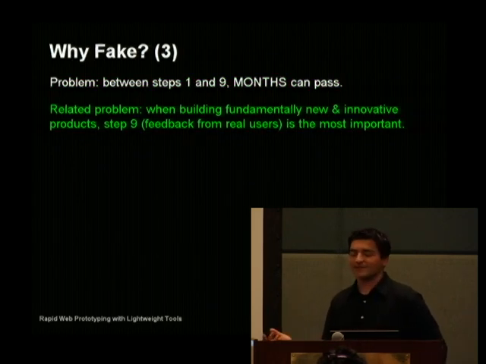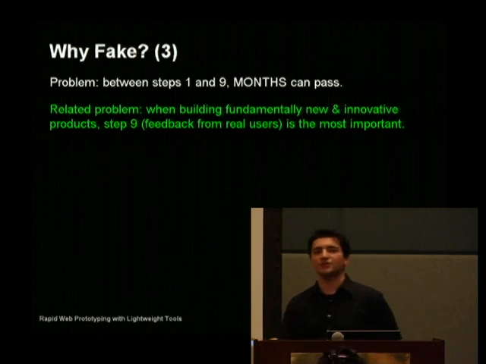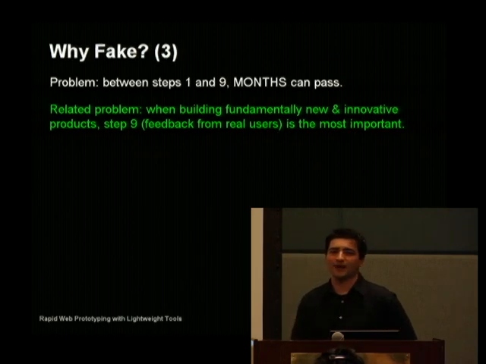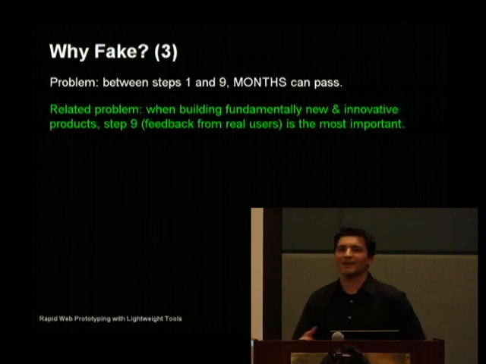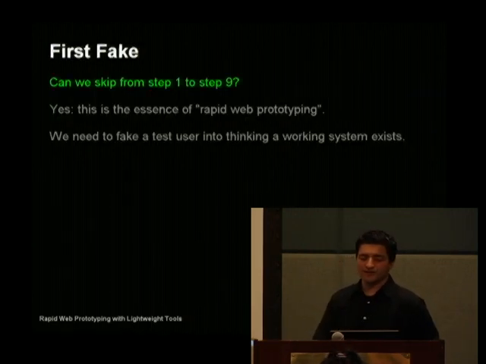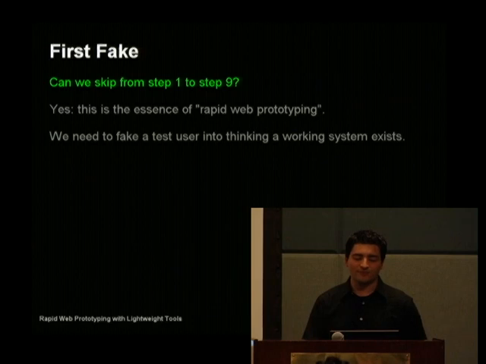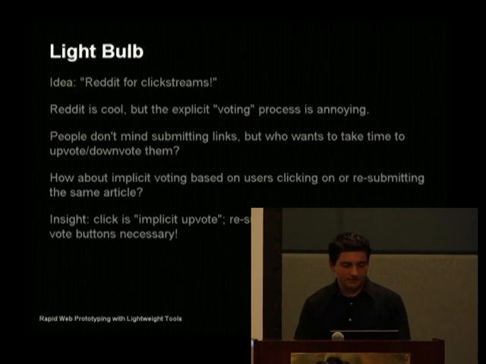The other problem is that when you're building something fundamentally new, this process just fails altogether because all you're looking for is feedback, right? You're building something new so that you can find out, is there a there there, right? Like, is there a reason that anyone should be using this? So my goal is to basically let us skip from step 1 to 9, just sort of prototype our way out so that you can get real feedback right away. OK,